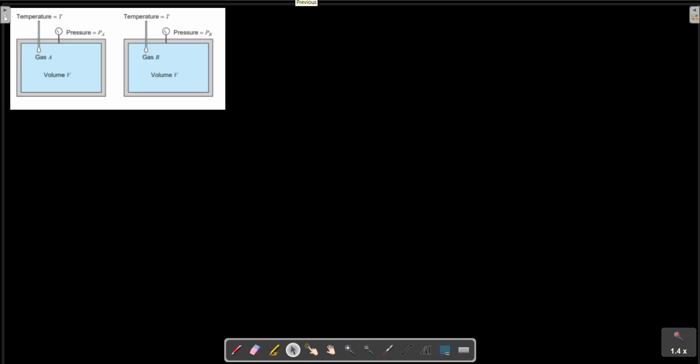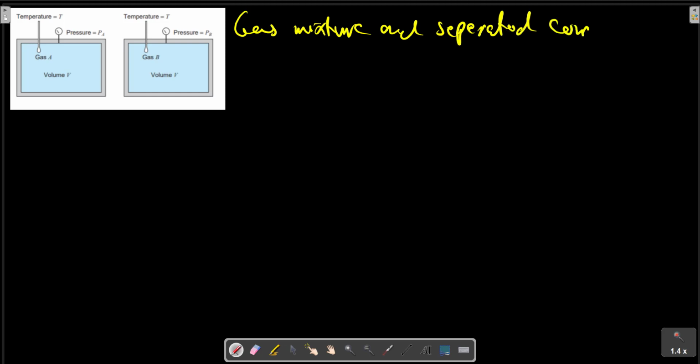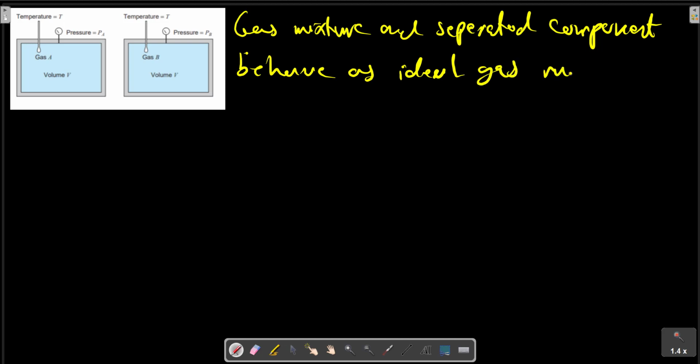We further assume that both the gas mixture and the separated components behave as ideal gas, with the mixture relation